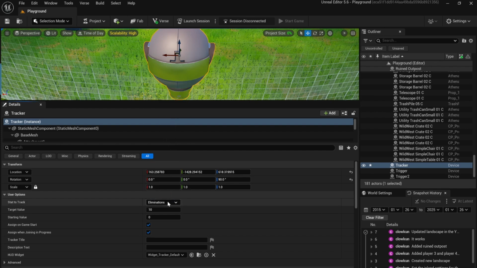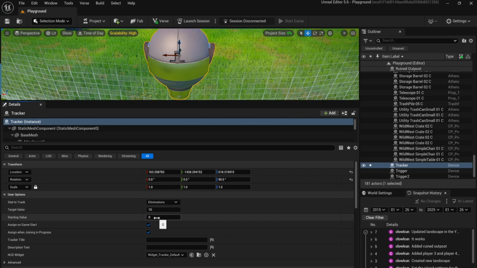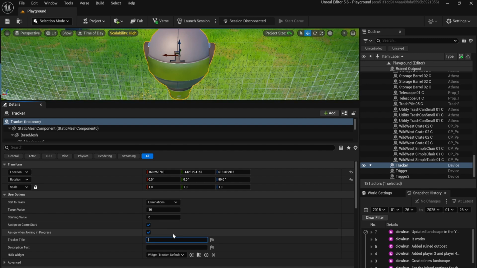So we have eliminations. And let's say target value of 10, starting value of 0, assign on game start, assign when joining in progress. We want all these checked. Tracker title. And we'll say,